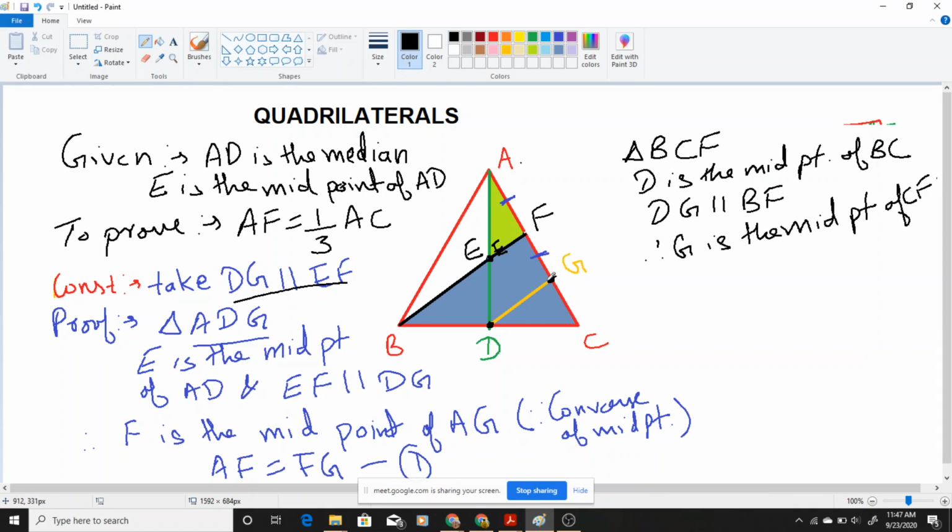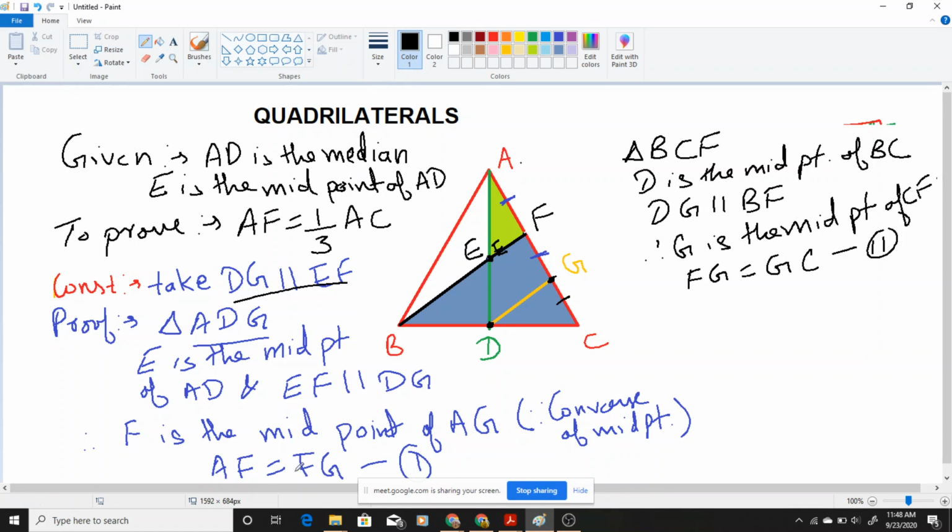And if this G is the midpoint of CF, अगर ये G जो है CF का midpoint है, I can write one thing. यहाँ पे मैं क्या लिख सकता हूँ? FG is equal to GC. Therefore I can write FG equal to GC. Okay, FG को मैं GC के equal लिख सकता हूँ. And now see one thing, if FG and GC are equal, I will take it as second equation.